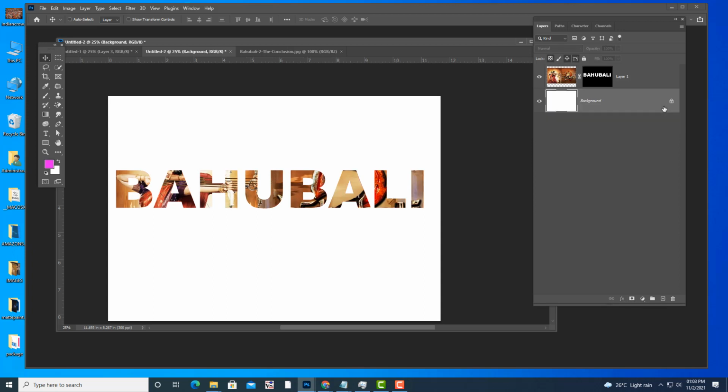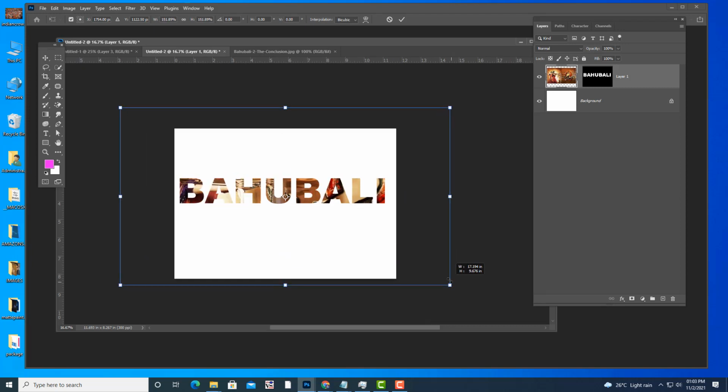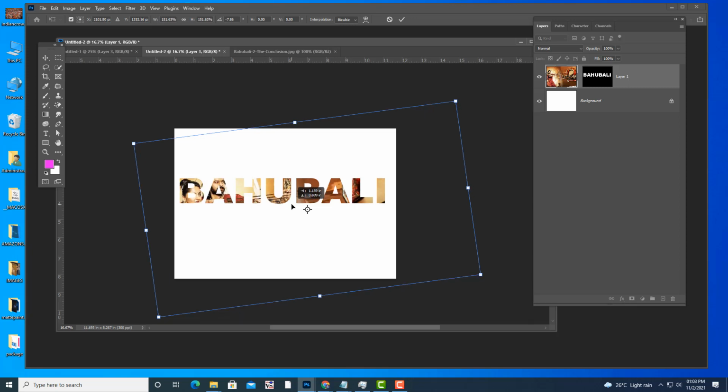See, now you don't need the text, and if you want to adjust the image, you just have to remove this chain link. See, there is one chain link here. Just remove the chain link, select this image, and then Control T, the transform tool will be active, and then you can just rotate the image. See, like this, you can place the image wherever you want. Okay, and once you are done, again you just click on this chain link.